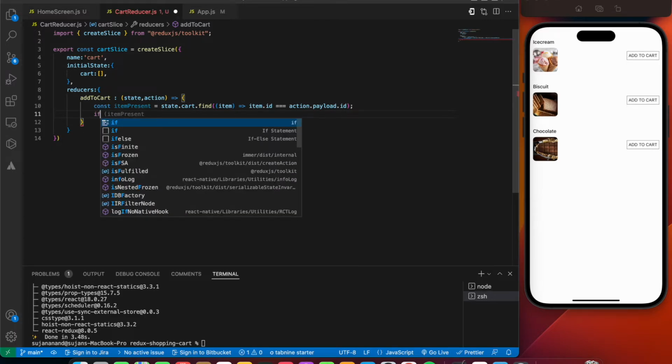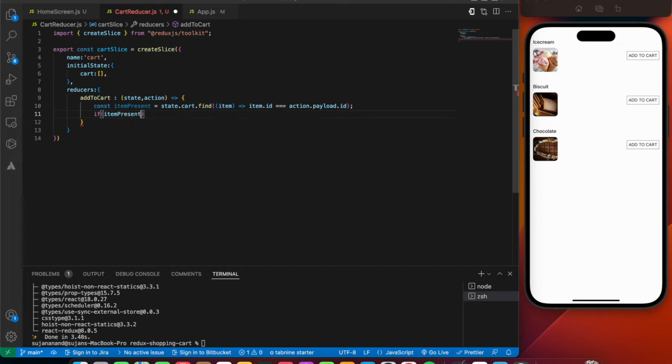So we're going to say if itemPresent, in that case we're just going to access the itemPresent quantity plus plus. And after that we have the else condition. If it goes into the else condition, that means our item is not at all present inside the cart, so we are pressing the add to cart button for the first time for that particular item.